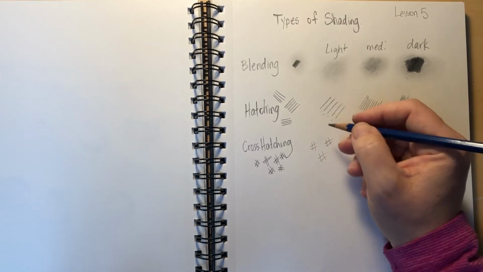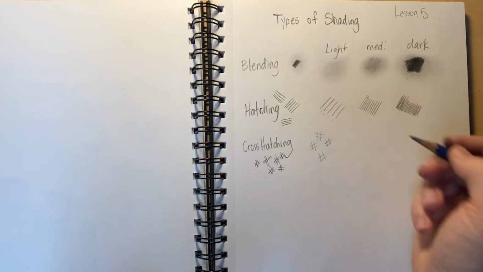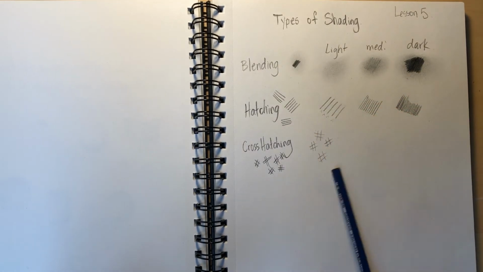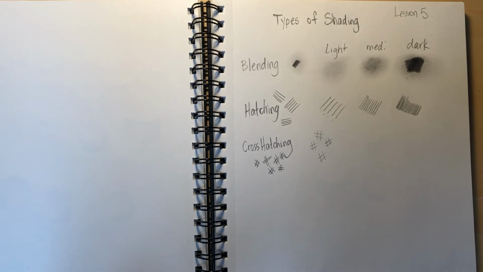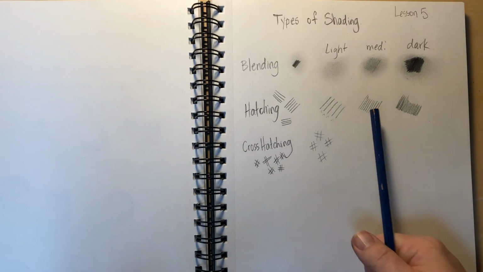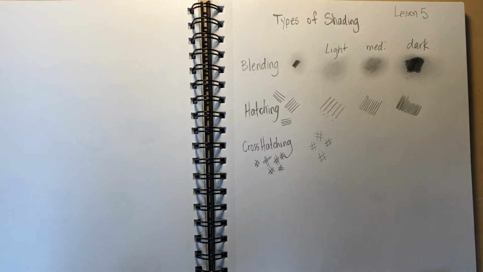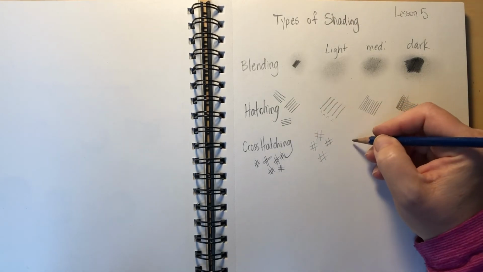Maybe they're big, spread out. And this is our light. This is how we would cross hatch nice and lightly on an object to create a lighter shade. If we want to make our cross hatching a little bit more of a medium shade, what do you think we're going to do? Exactly the same thing that we did for hatching. We're going to put our hashtags or our cross hatches